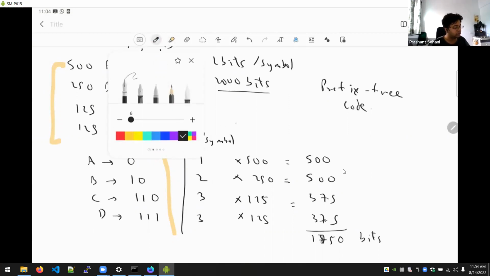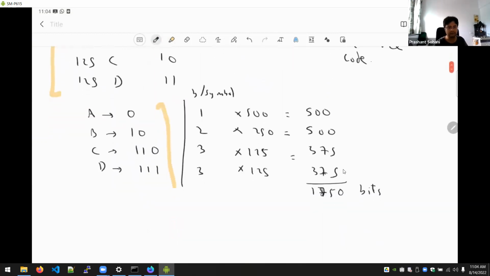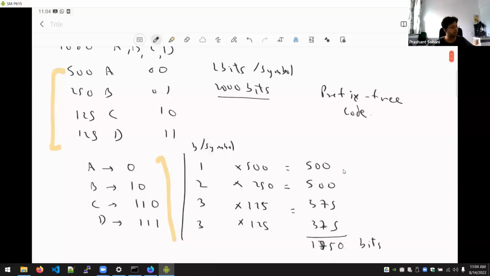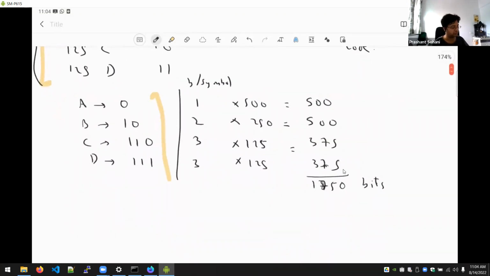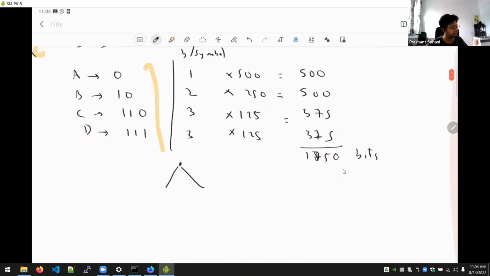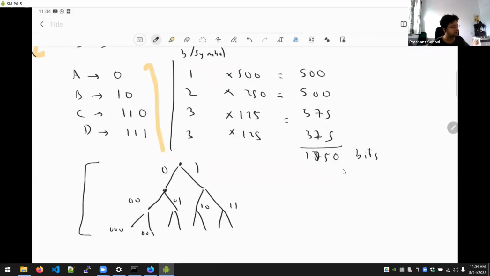Again, this is not the only way to do it, but this is one of the easiest ways to do it. And what you do is basically, let's say you start with the original ABCD. And okay, before that, I think I'd also shown the tree representation of this, right? Remember, you have a tree of possibilities where at every step you go left or right. If you go left, you are adding a 0, and if you go right, you are adding a 1. So that is how this became 0, 0, 0, 1, 1, 0, 1, etc. So we want to construct this tree and place these symbols at various nodes on this tree. That's what we want to do.